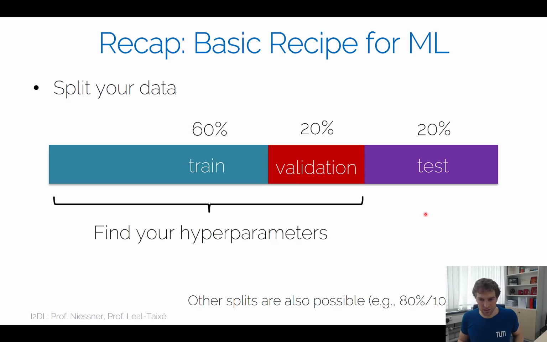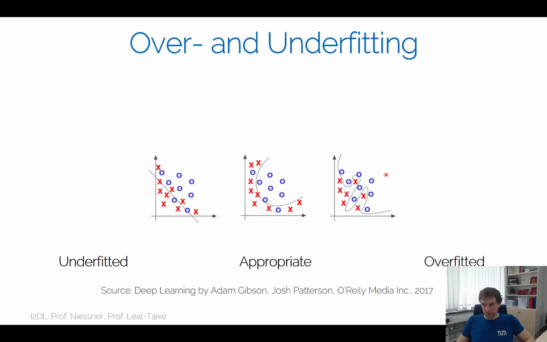But what I would like to talk a little bit more about is the generalizability between these two. If you're training on certain samples, doing this gradient-based optimization, how well does our network perform later on validation and test? That is a big question. And there are these concepts of over- and underfitting. So here we have an example